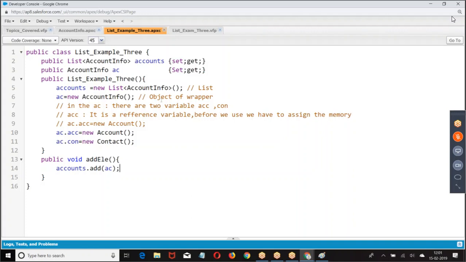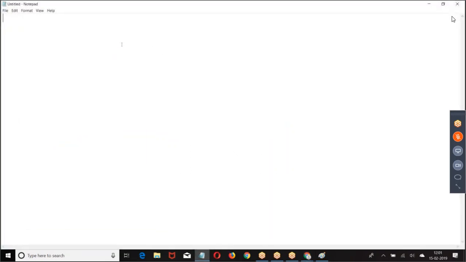Let us do one thing. Let us try this example from your end. Create a wrapper class, account info with one contact, one account, and one Boolean value.